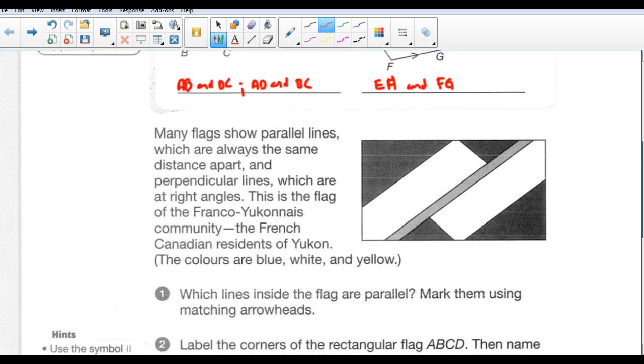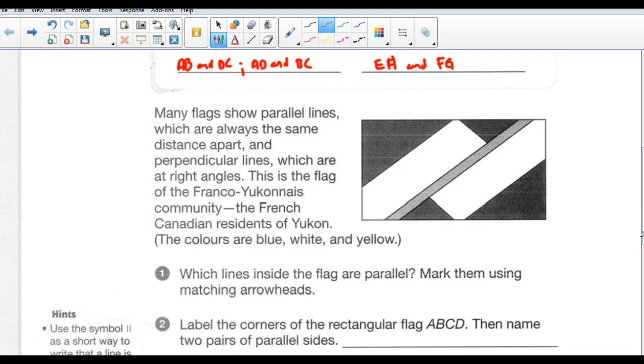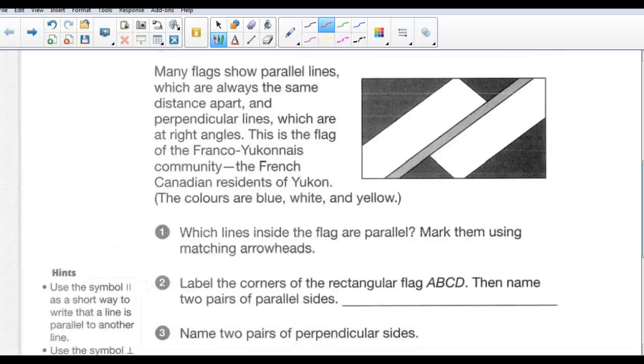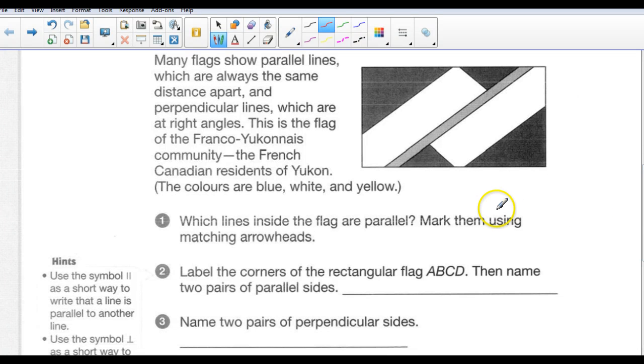Many flags show parallel lines, which are always the same distance apart, and perpendicular lines, which are at right angles. This is the flag of the Franco-Yukon community, the French-Canadian residents of Yukon. The colors are blue, white, and yellow. Which lines inside the flag are parallel? Mark them using matching arrowheads. Okay, so